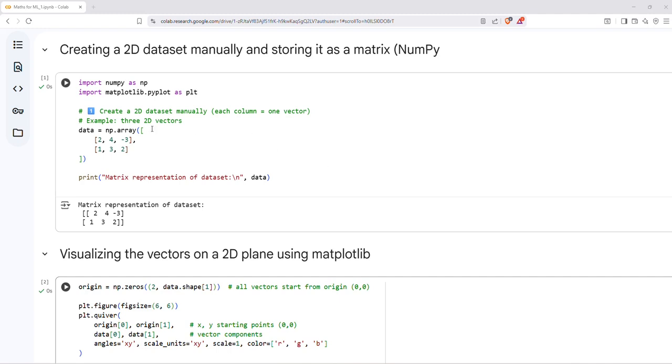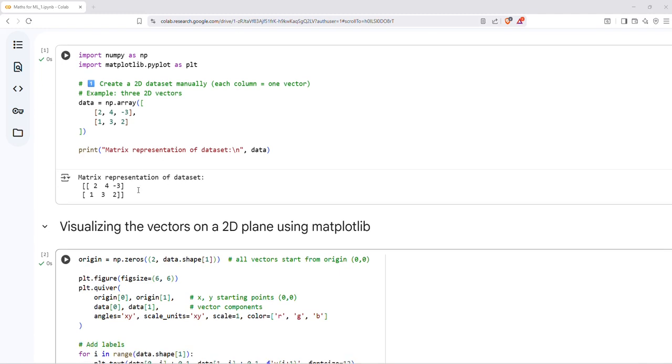Imagine we have three 2D vectors. Each vector has x and y components, and we want to store them in a structured way. In Python, we can use a matrix where each column represents one vector and each row represents a dimension. For example, our first vector points 2 units along the x-axis and 1 unit along the y-axis. The second vector goes 4 units along the x-axis and 3 units along the y-axis. And the third vector points -3 along the x-axis and 2 along the y-axis. When we store them in a matrix, it's easy to see all the vectors together and perform operations on them